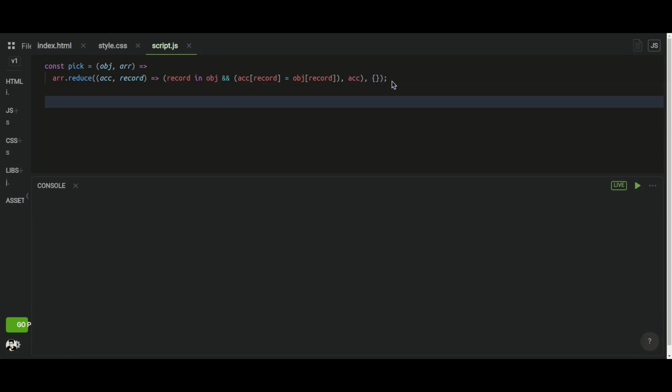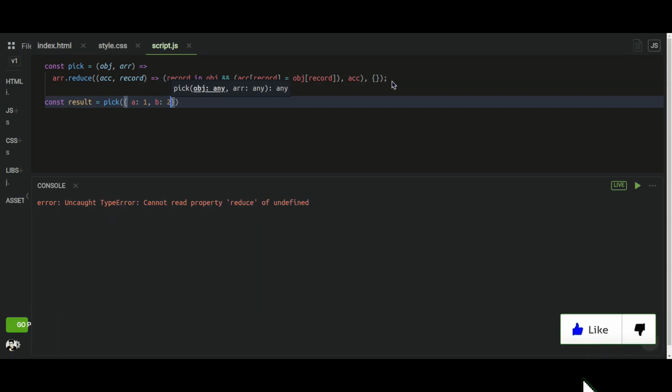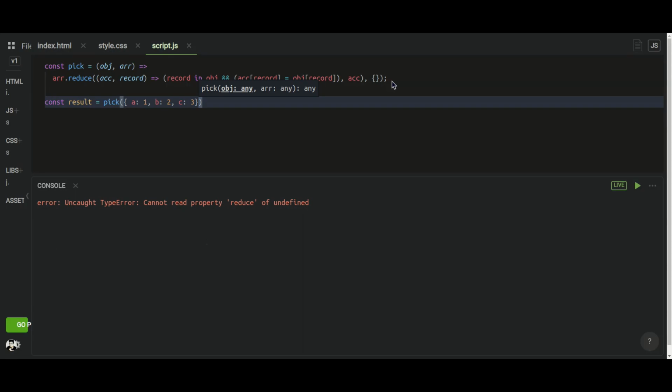So for that I'm going to create a result constant, and I call this pick function over here. In the function, as the first parameter I'll pass an object with a, b, c key value pairs, where the values will be 1, 2, 3 respectively. And in the other parameter I'll pass a collection of keys.